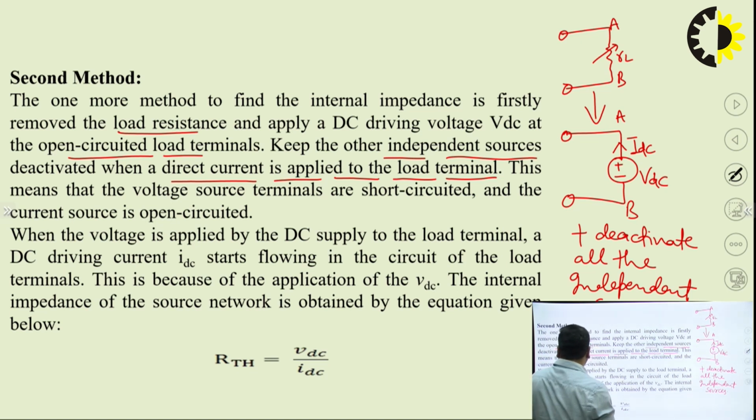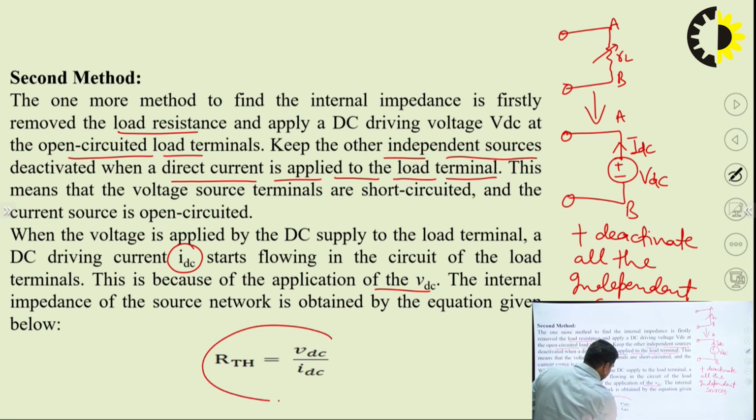Okay, when the voltage is applied by the DC supply to the load terminal, a DC driving current IDC starts flowing in the circuit of the load terminals. This is because of the application of VDC. When we apply the voltage source VDC, IDC current starts flowing in the circuit. So the internal impedance of the source network is obtained by the equation given below, that is the ratio of VDC upon